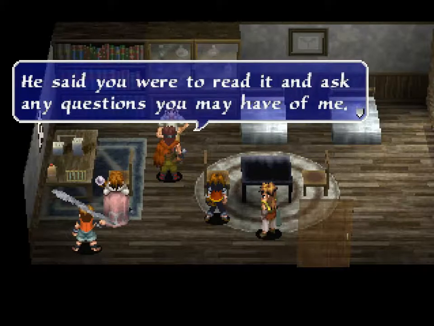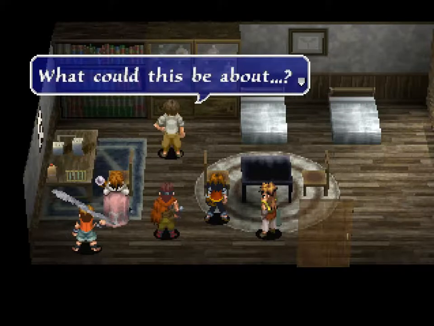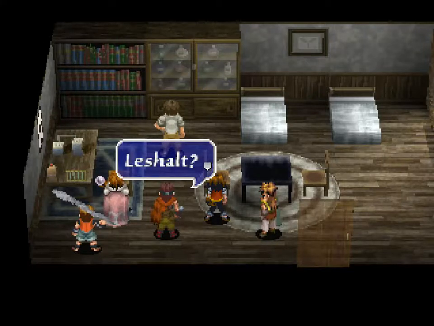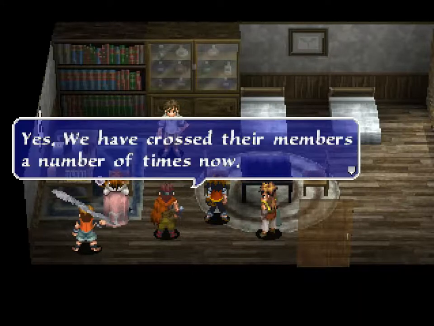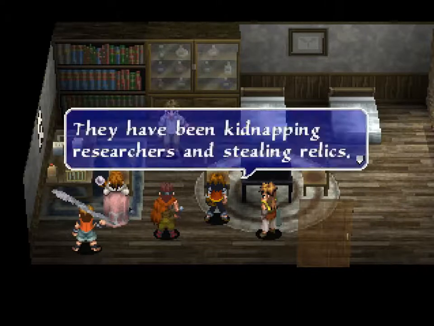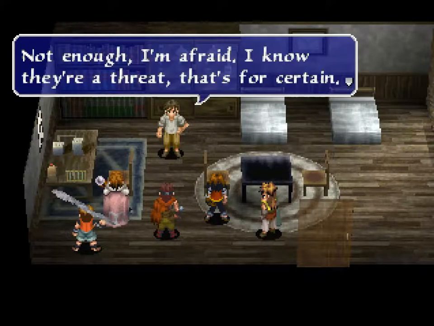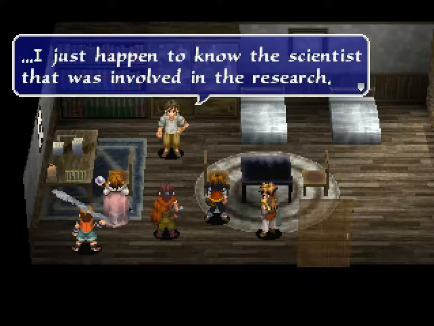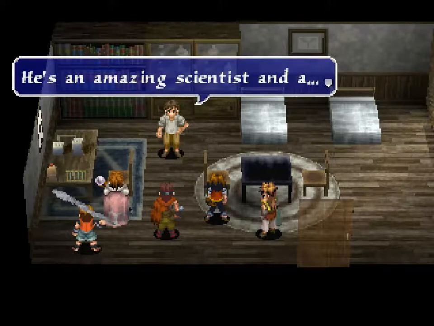He said you were to read it and ask any questions you might have of me. Fair enough. Just give me a moment. What could this be about? What? Lashald? The information in this letter is grave indeed. Do you know anything of this academy? Yes, we have crossed their members a number of times now. They have been kidnapping researchers and stealing relics. What do you know of them? Not enough, I'm afraid. I know they're a threat, that's for certain. It's been rumored that they're after an immense energy source in Romalia. I just happen to know the scientist that was involved in the research. Really? Yes, we shared a lab in the time before the Great Disaster. He's an amazing scientist, and